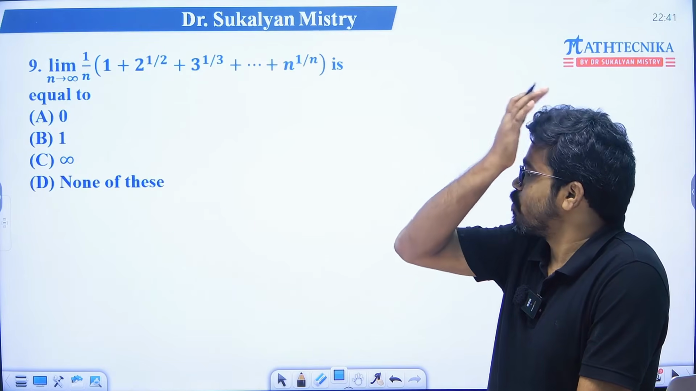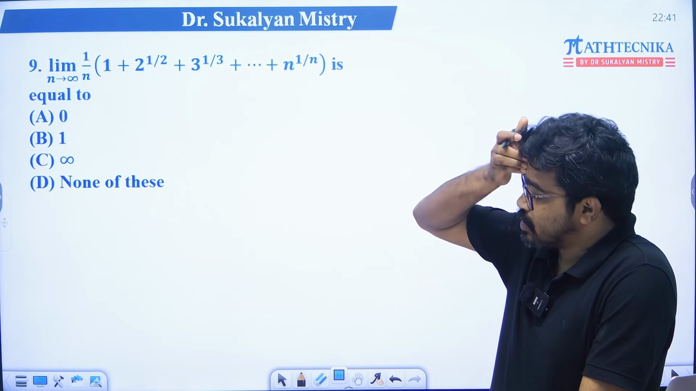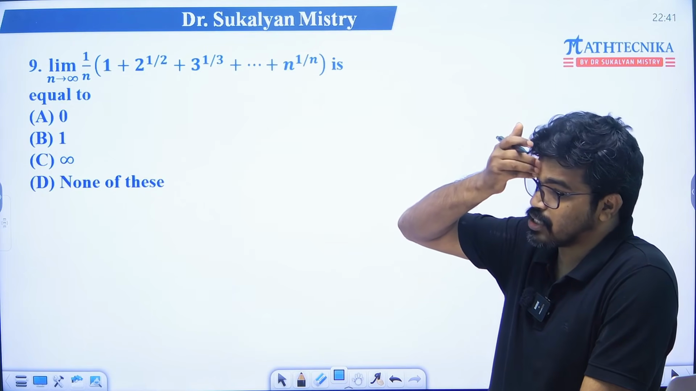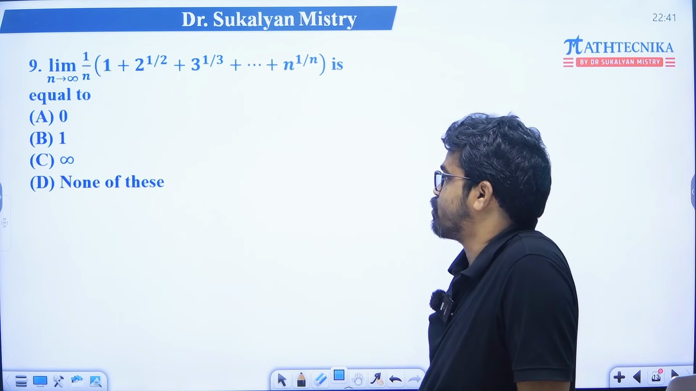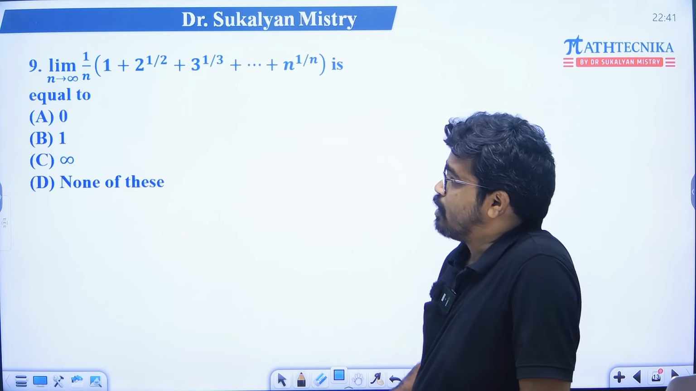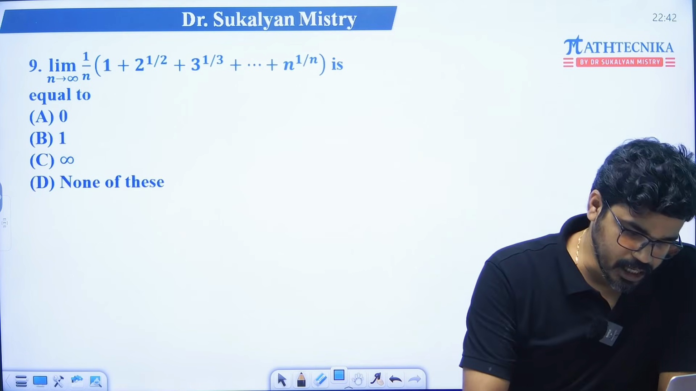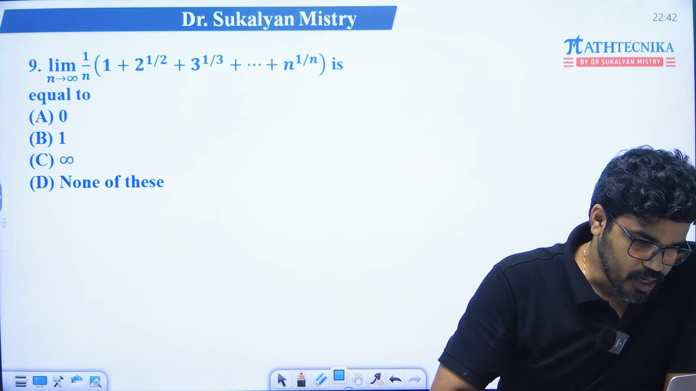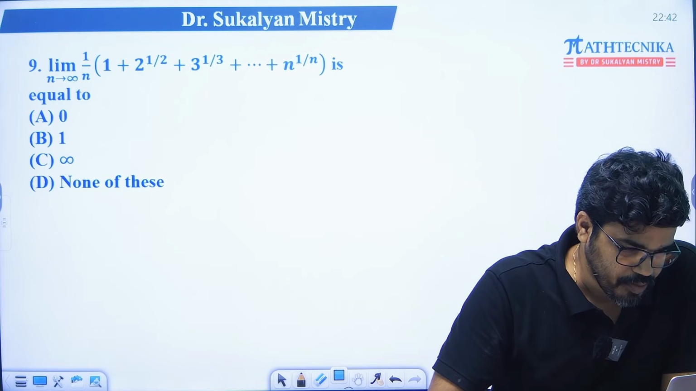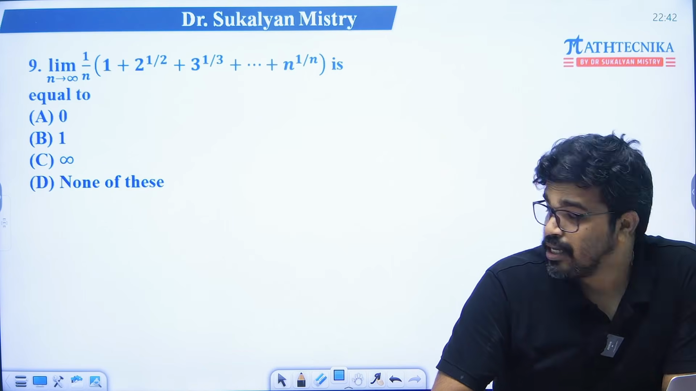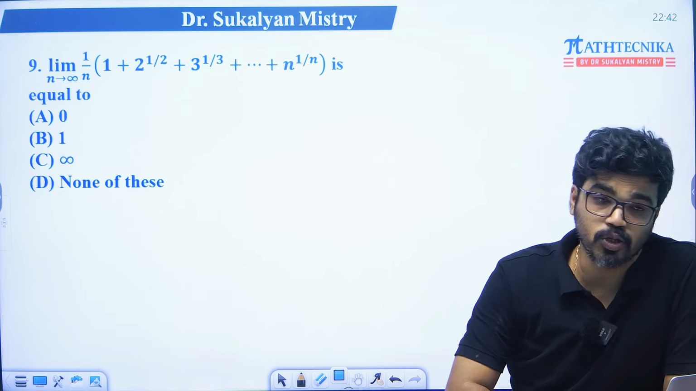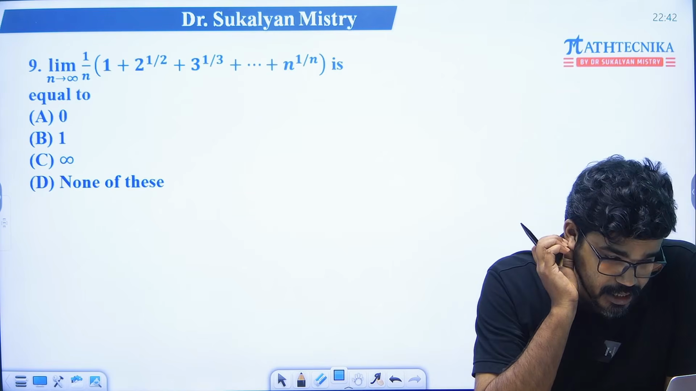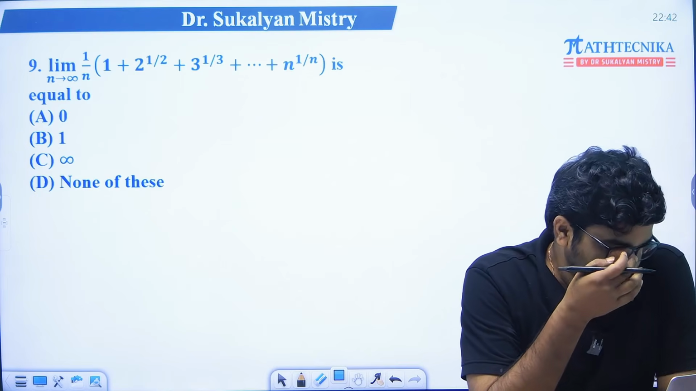Try to solve this problem. This is the application of Cauchy's first limit theorem. Note this problem. We have to calculate the limit as n tends to infinity of (1 by n) into (1 plus 2 to the power 1 by 2 plus 3 to the power 1 by 3 plus dot dot dot plus n to the power 1 by n) is equal to. So first of all,